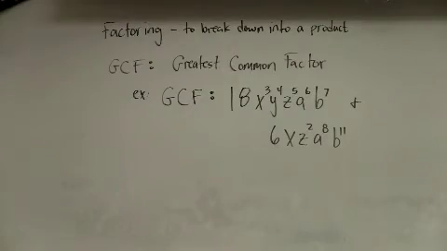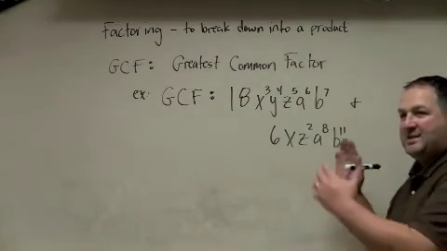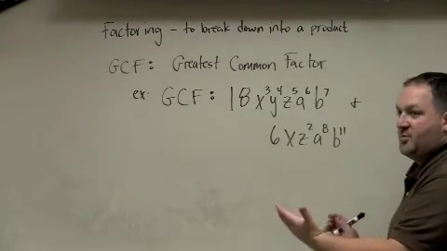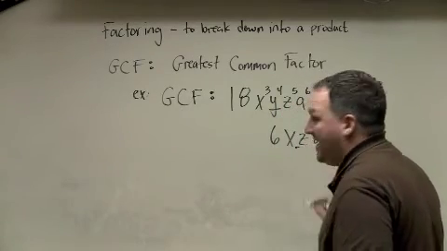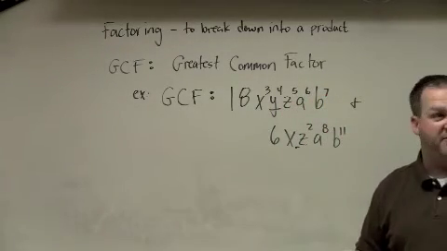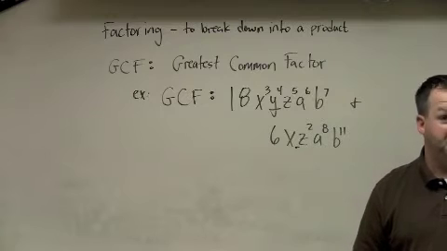All right, remember guys, the greatest common factor has to be common between both of the terms. Here's the problem. This one has a y, this one does not. So is y going to be a common factor for both things? No. The answer is no. It's like saying,